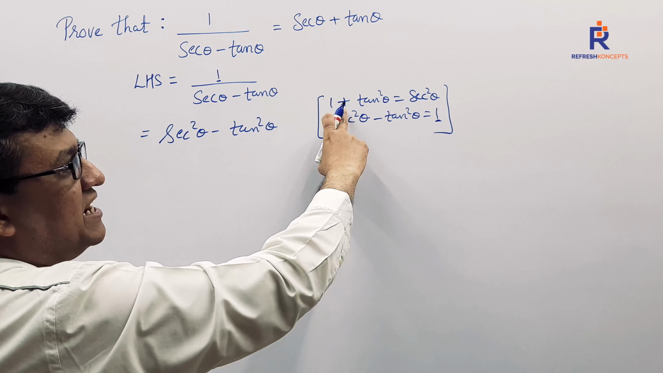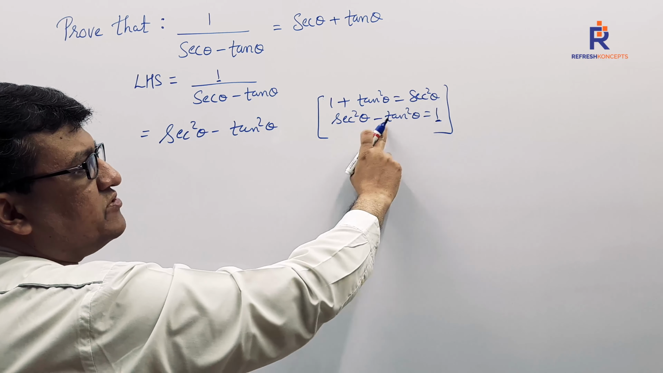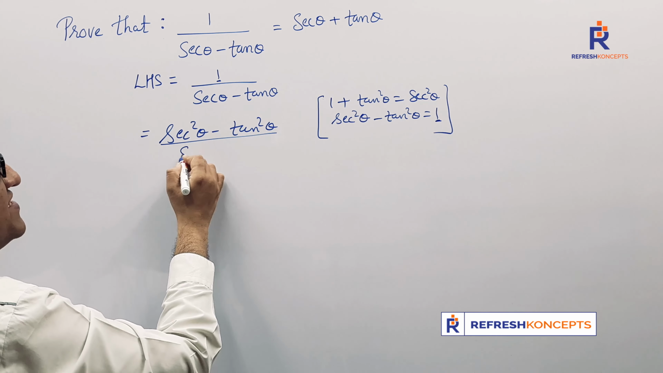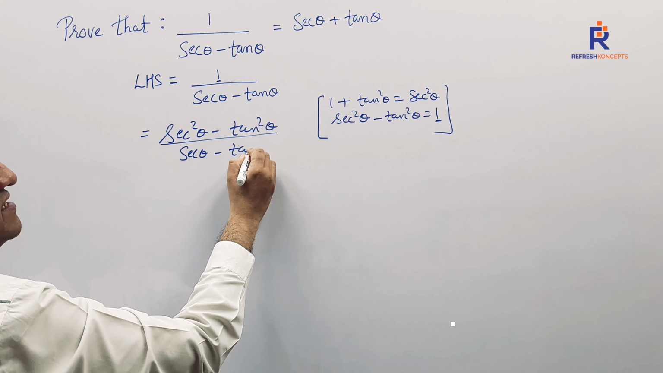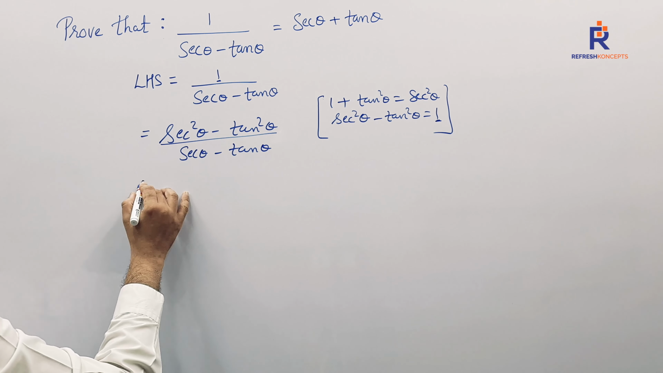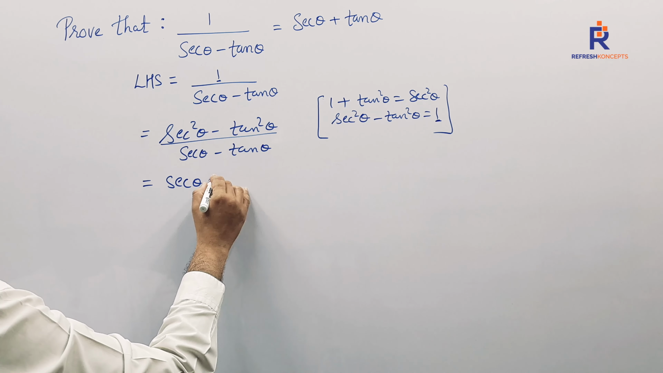What made us do so? I'll give you the answer. 1 plus tan square is sec square; sec square minus tan square is 1. What do we have in the denominator? We have sec theta minus tan theta. Children, don't you think so, that we have a square minus b square? Indeed. So we'll say a plus b,